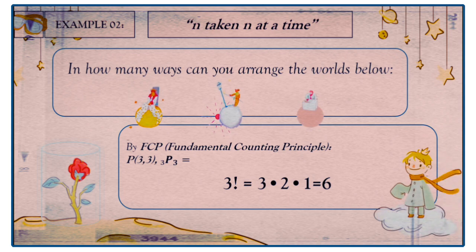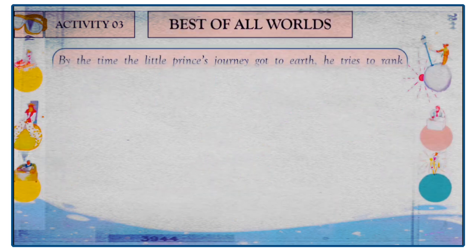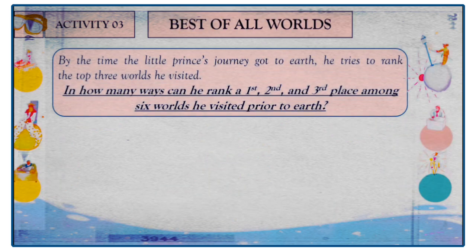So as we continue, what if we have an example like this? For activity number 3, we call it the best of all worlds. Other than Earth, there are actually 6 worlds that the Little Prince visited. By the time his journey got to Earth, again, Earth is not counted because that's the place he landed on, he tries to rank the top 3 worlds he visited. In how many ways can he rank a first, second, and third place among 6 worlds he visited prior to